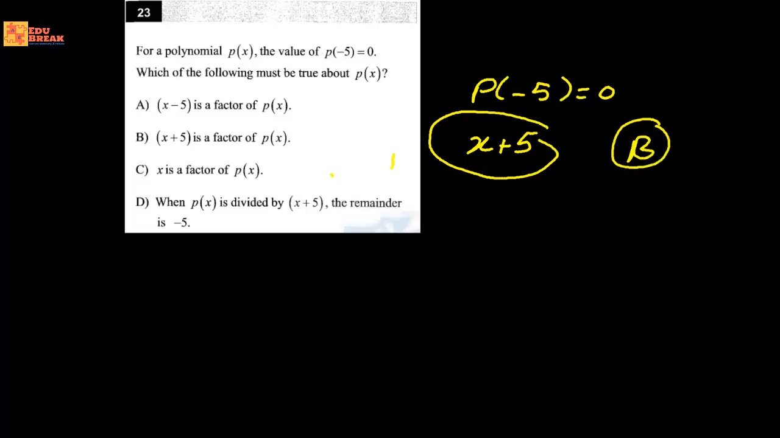Question 24. We have y smaller than or equal to 3x plus half, and y greater than or equal to half x plus 3. If the system of inequalities above is graphed in the xy plane, which quadrant contains the solution to the system? To find the solution of the system of two inequalities,